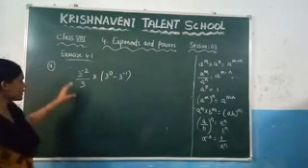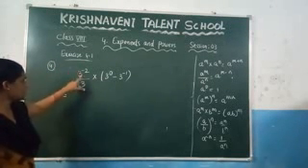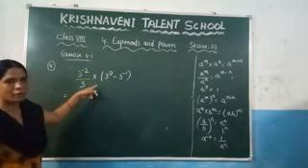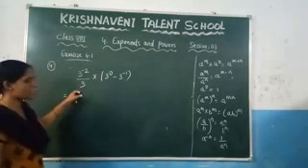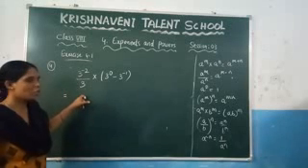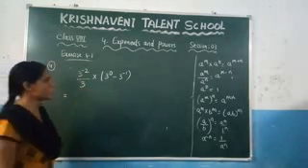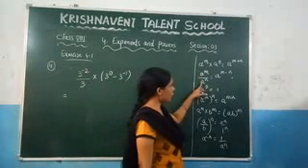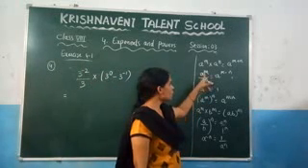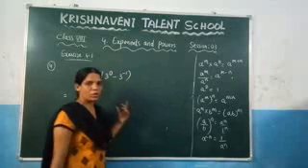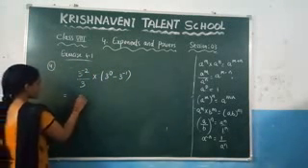So here it is in the form of what? Just check it. It is in the form of a power m by a power n, right? Here the bases are same. So what we need to do? We need to subtract the powers because here we are doing the division. So it is in the form of a power m by a power n. Since the bases are same, you need to subtract the powers. So here also you need to subtract the powers.